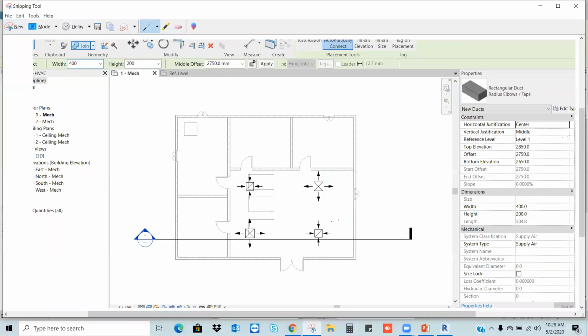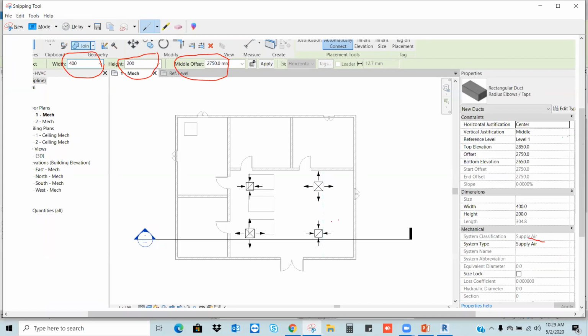One is offset, meaning the height of the duct, at what height we are going to place it. And second thing is width of the duct and height of the duct. If it is a rectangle; if it is a round duct, we will go with the diameter of the duct.